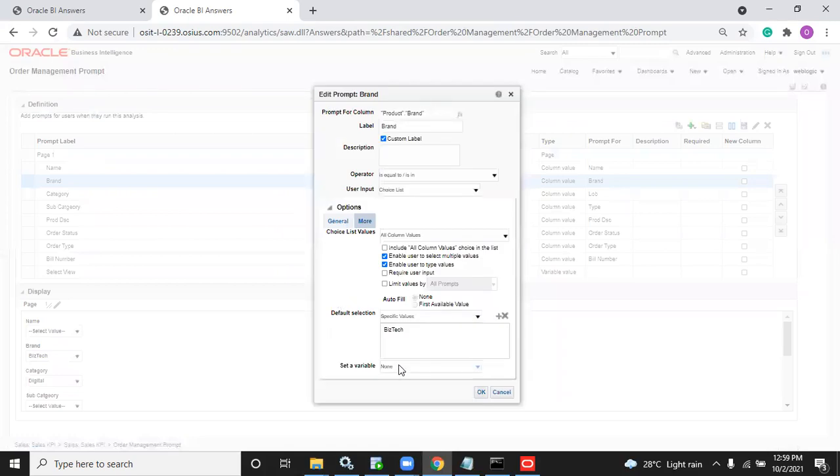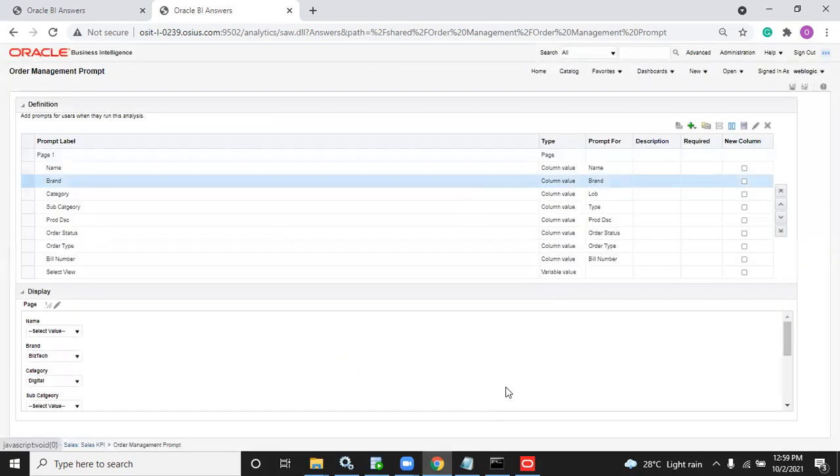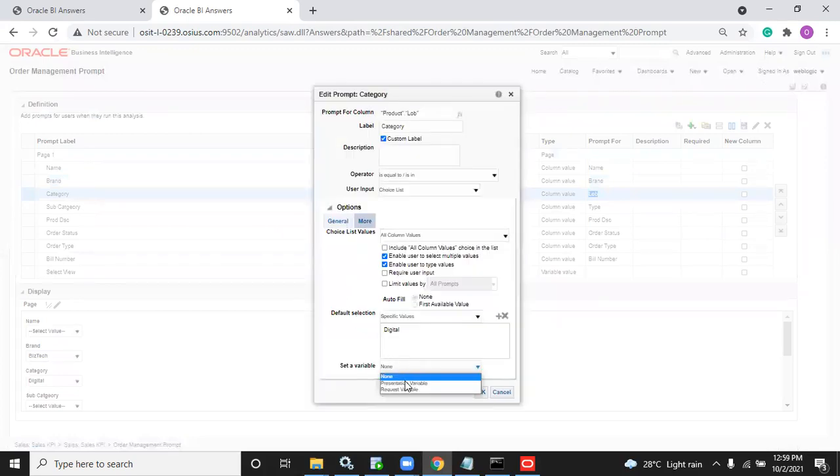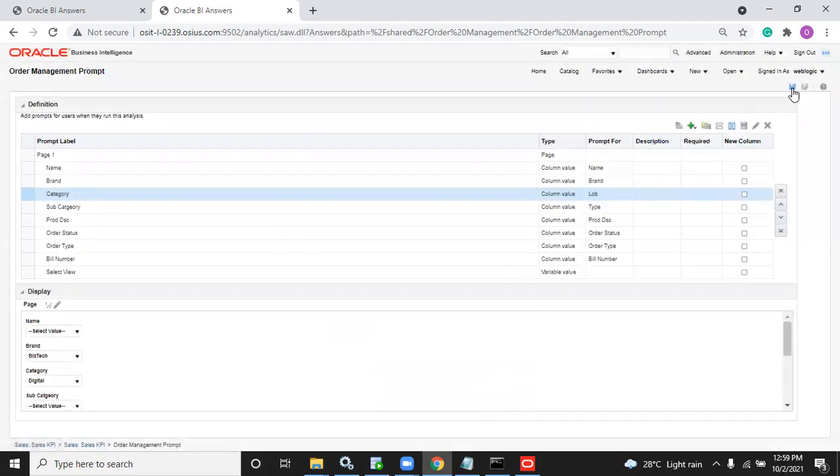Here, just provide a variable. Whatever value is selected in brand, that value will be stored inside this variable. This is a presentation variable for brand. Clear? And in the same way, for LOB also you should create one. What syntax are we maintaining? Category or LOB, whatever it is, you write. PV_LOB I have written for LOB, PV_BRAND I have written for brand. So now you should pass this as a filter.